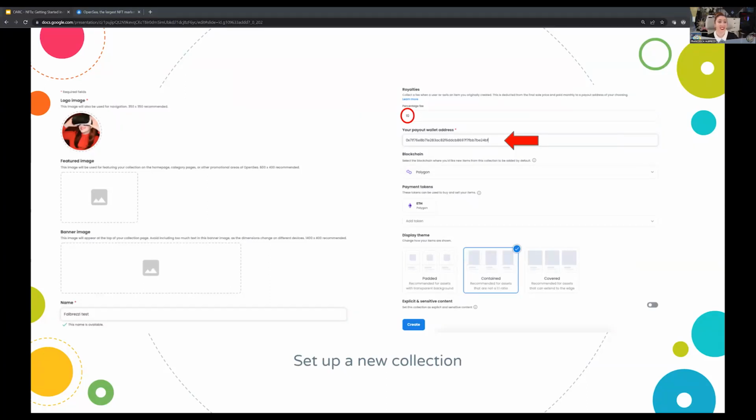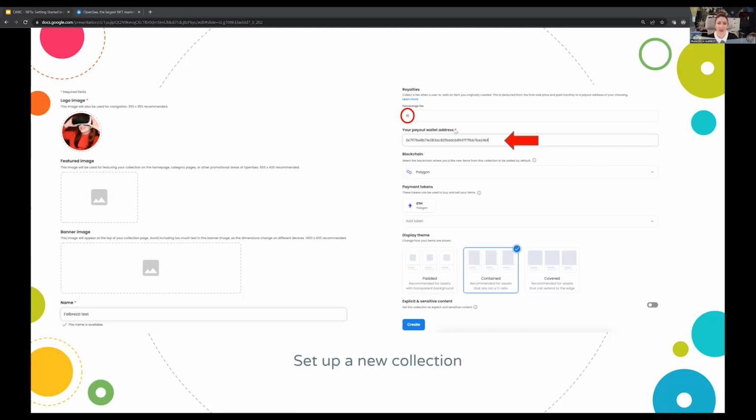So I'm going to use a different photo to indicate that this is my new collection that I'm creating. And then I'm going to set up my royalties, and I'm going to add a 10 for my royalty fee. See that here, the percentage, and that's pretty standard.